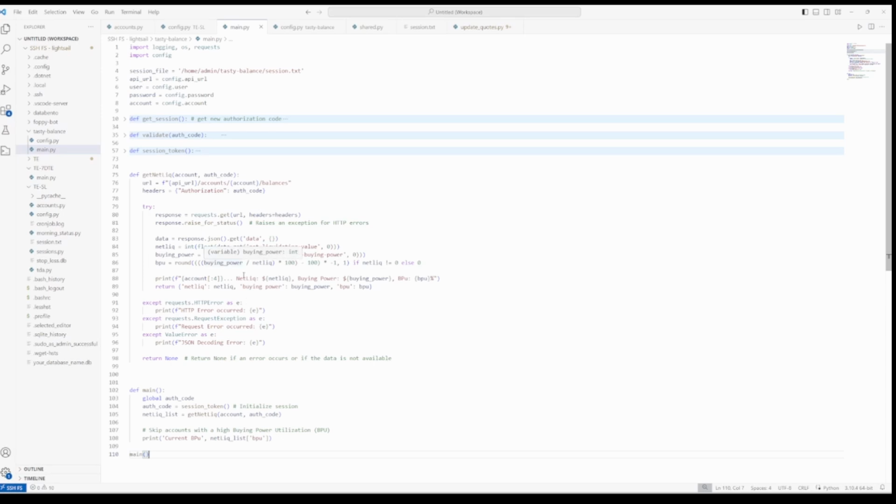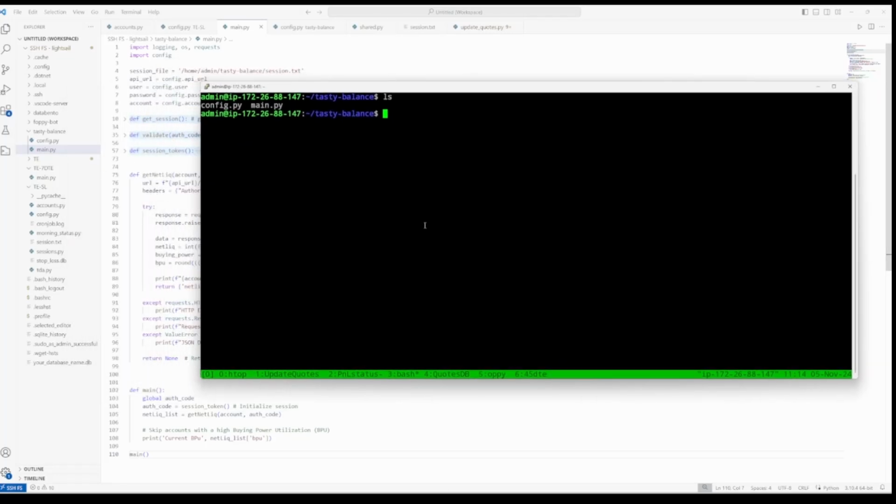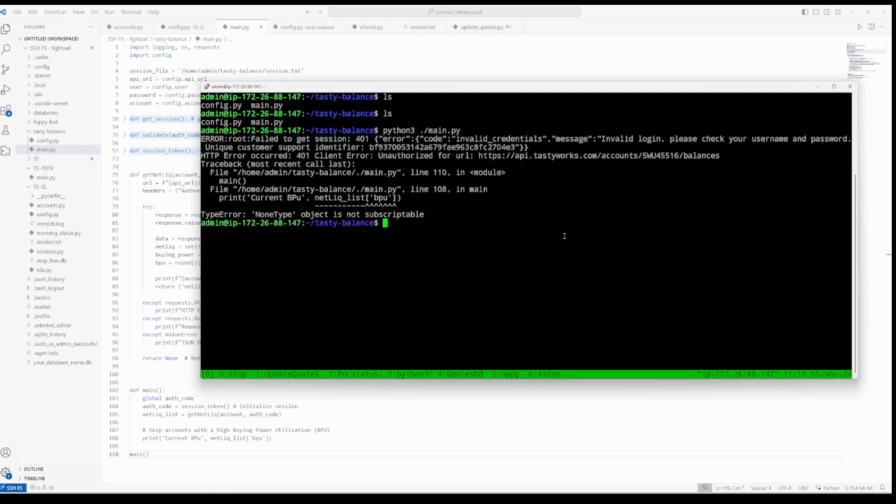It'll get the code, it'll store the code, and then the second time it'll work just fine. So let's give it a try. We're going to call Python 3. In the folder, you can see here that we just made the config and the main. I'm going to call it with Python 3 main.py. And we have errors. Like I said, we have invalid credentials, but it should have pulled the new authentication code, stored it, and now if we pull it again,